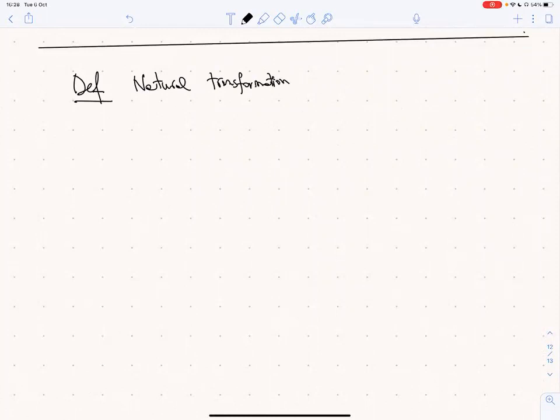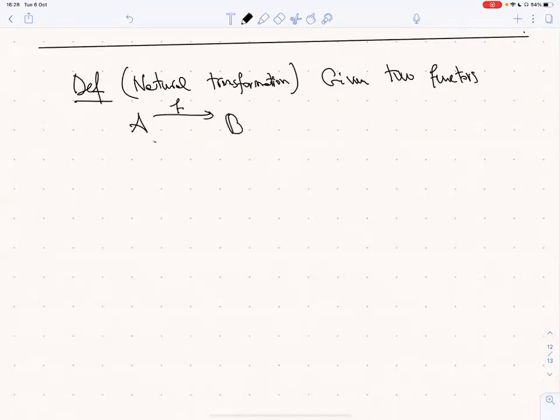Given two functors between two categories, a natural transformation alpha between F and G is a family of B morphisms such that,